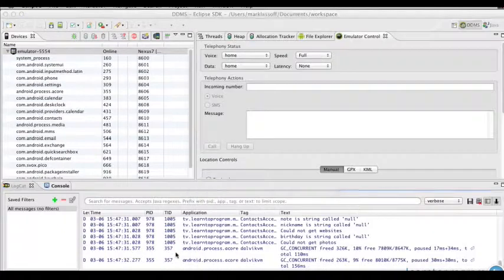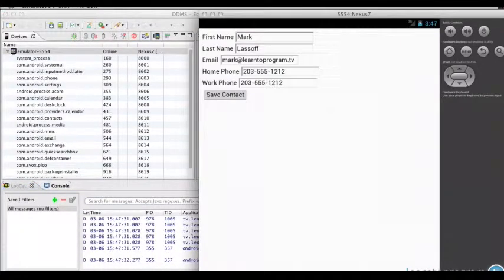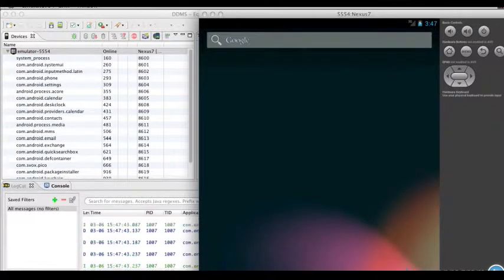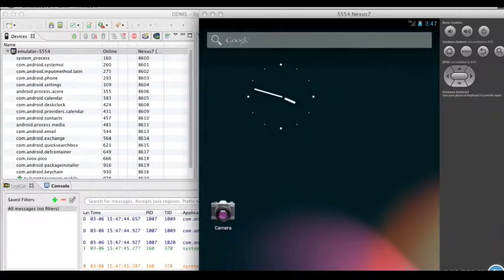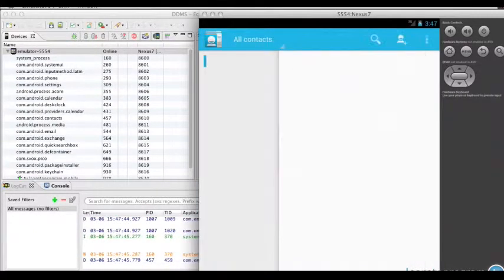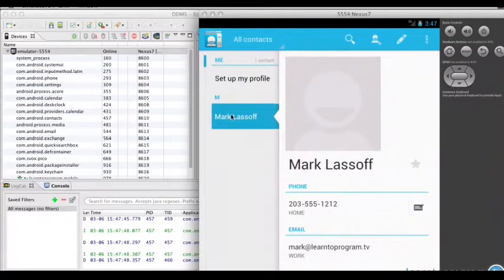All right, didn't see an error that time. Everything looked good. So let's go ahead and now, let's go out into the main operating system of the device. Just click the back button there off screen. I know you can't see that. And let's go ahead and look in the contacts. And hey, there's the contact we just entered. Mark Lassoff with the phone number and the email address. So we've got